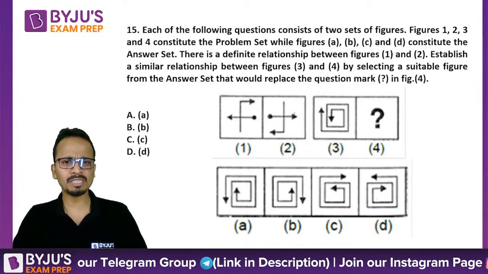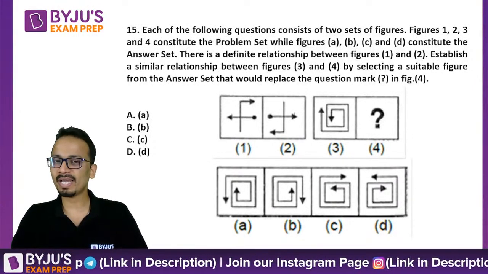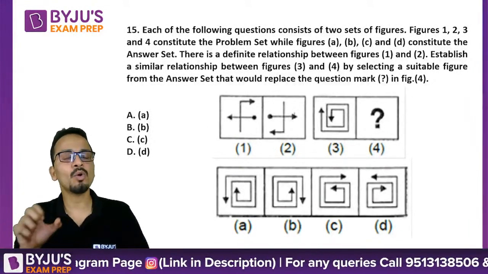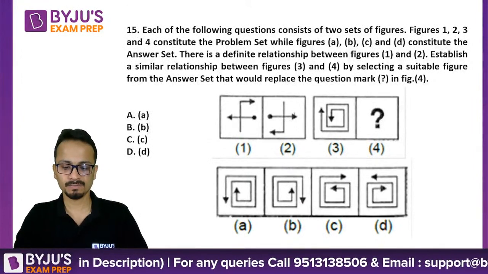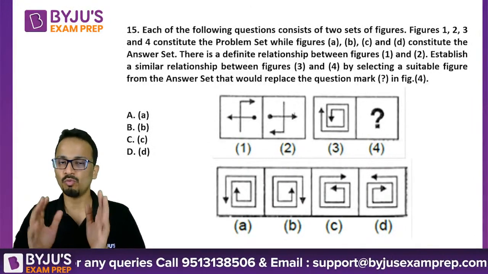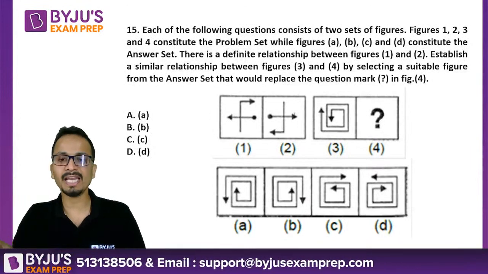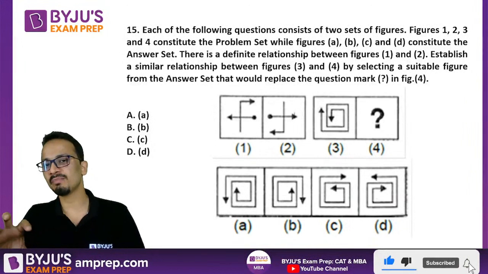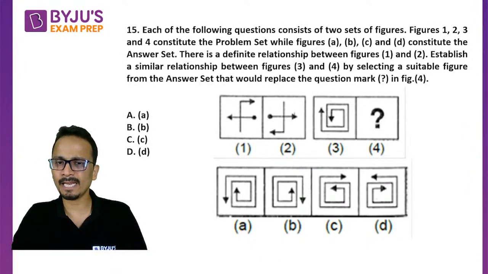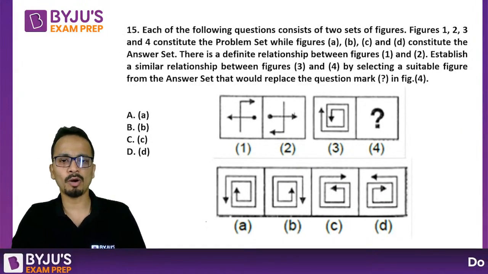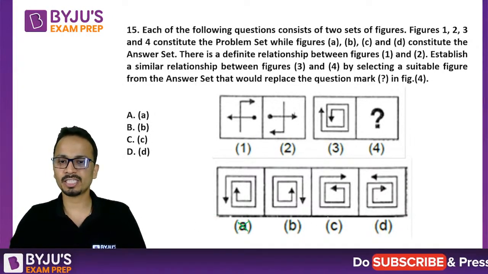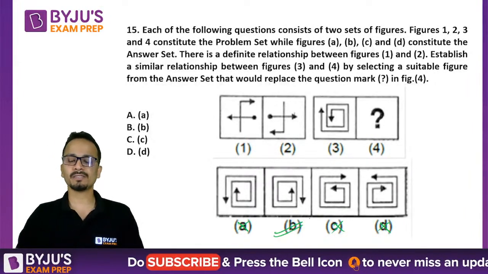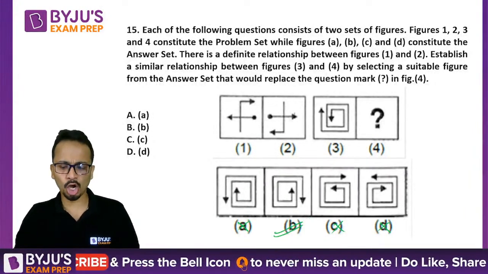All right. Now what has happened in this case? Can you all write? क्या हुआ है यहाँ पे? Figure number 1 is rotated by 180 degrees. Okay. So figure 1 has been rotated by 180 degrees and we got figure number 2. So similarly, rotate figure number 3 completely by 180 degrees. Okay. And you will obtain your answer. So option A rejected, option C rejected, option D rejected. And yes, all of you are absolutely correct. The correct answer here is option B.